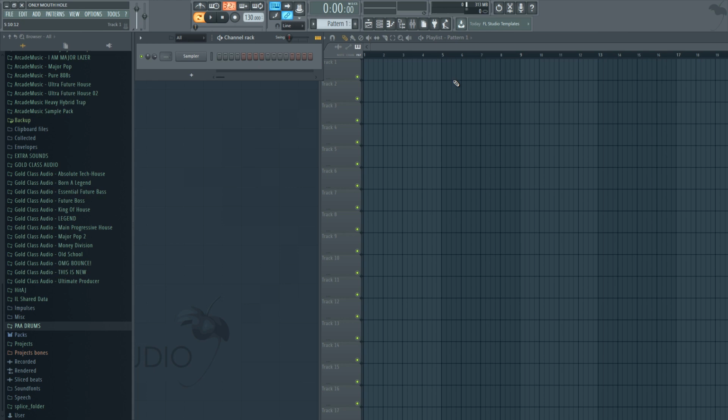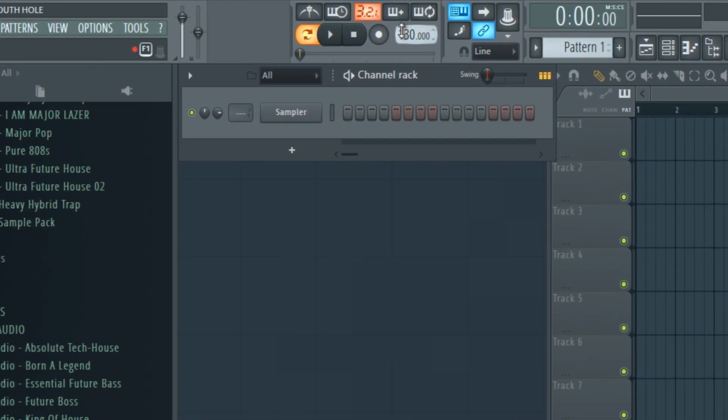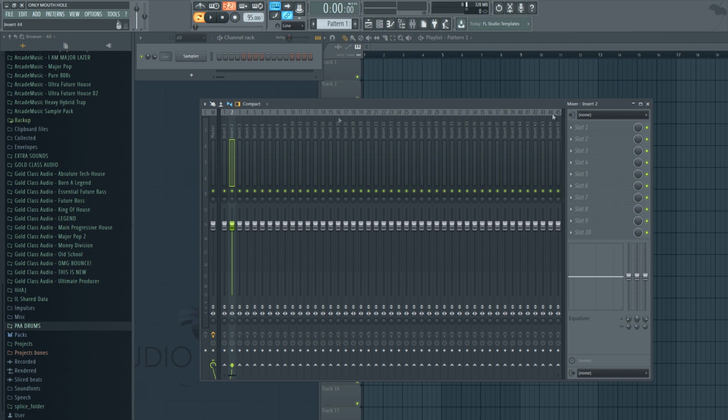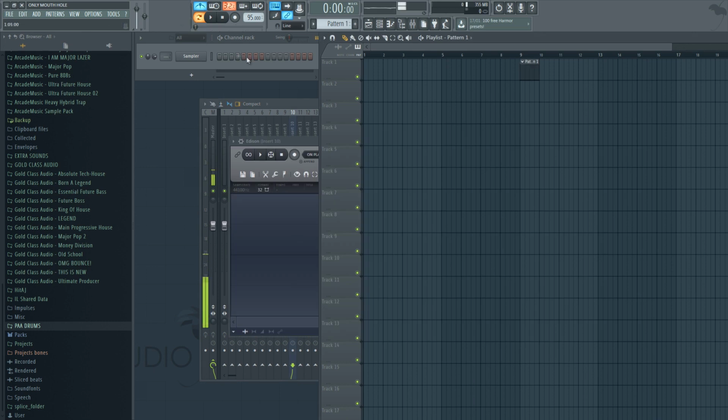So I'm thinking a bass sound first. I was thinking a little bit of hip hop, maybe 95 BPM. And we're gonna spend some time in Edison, of course. So let me put Edison on channel number 10. Let's record this bass. I actually have an idea right now, so let's see if it works. Enable the metronome as well.